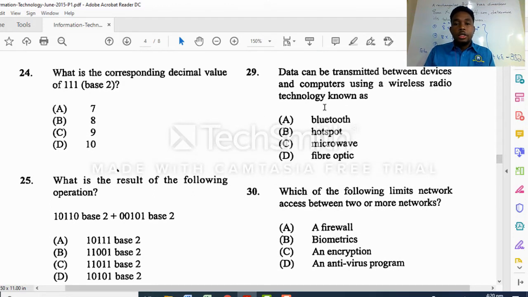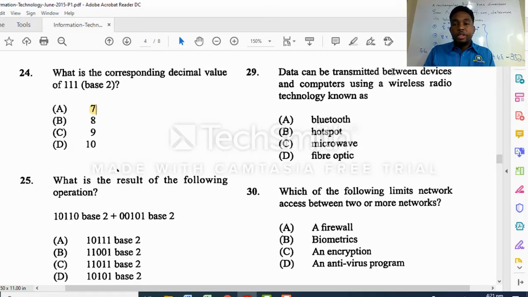It also says here now what is the corresponding decimal value for 111 in base 2. Remember we said that the first digit represents 1, the second one represents 2, the next one represents 4. So all of them will be 1 times 1 is 1, 1 times 2 is 2, and 1 times 4 is 4. So it's 4, 2, and 1. When we add up all those numbers, we end up with 7, converting back. So we're looking at the base decimal equivalent for the binary number. So 7 would be the answer there.